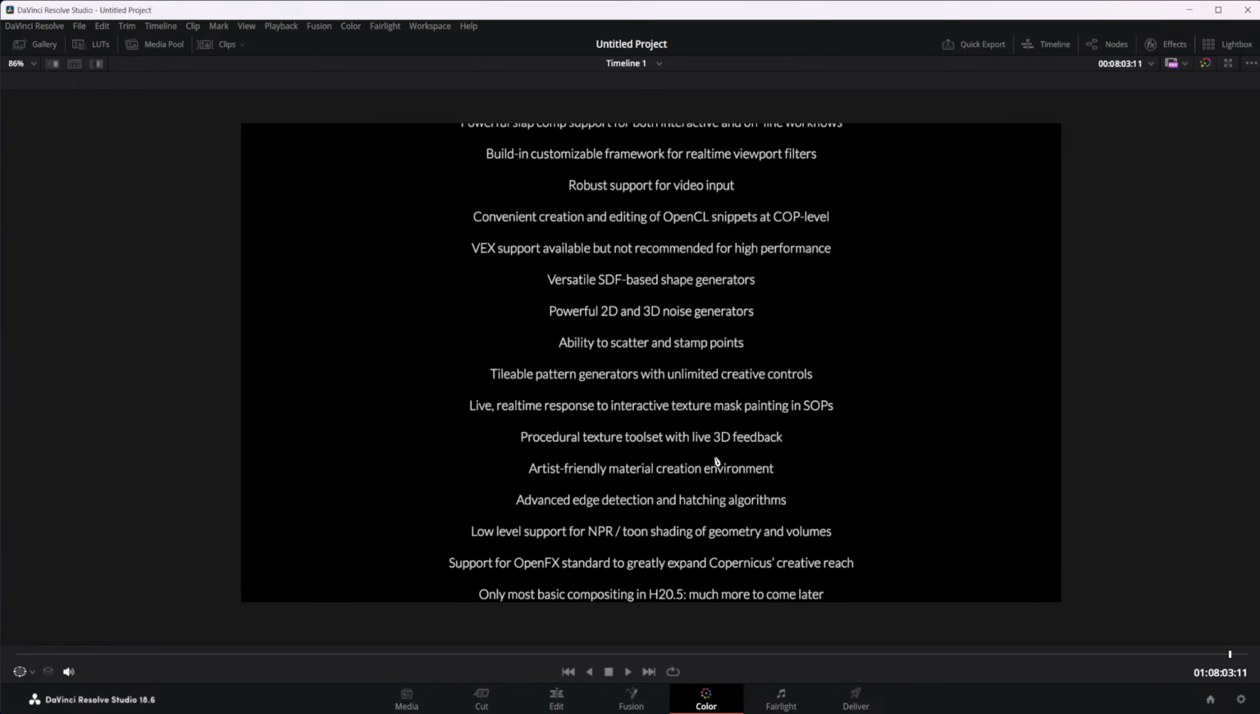Procedural texture toolset with live 3D feedback. Artist-friendly material creation environment. Already some very nice things that we saw as far as materials go. Advanced edge detection and hatching algorithms. So this, again, we saw this. This is kind of that post-processing, that compositing